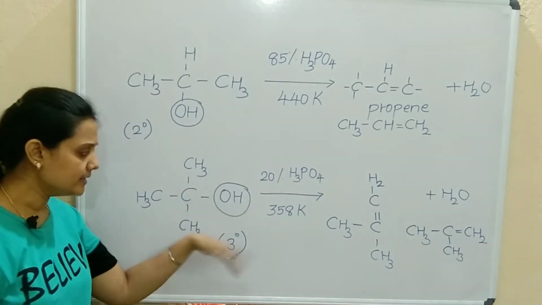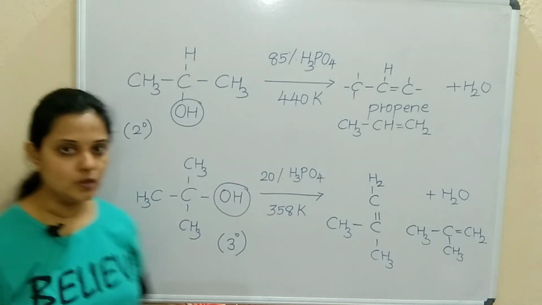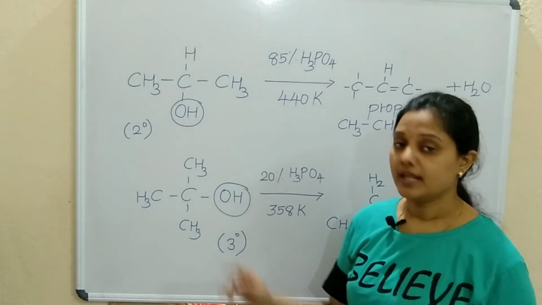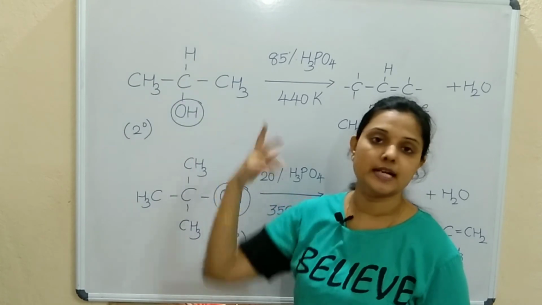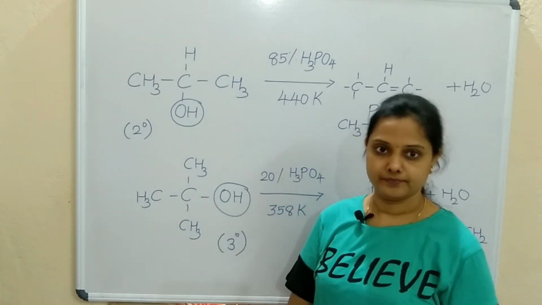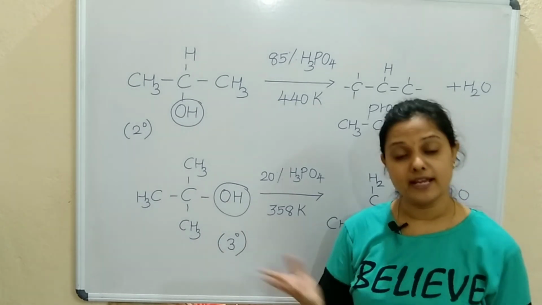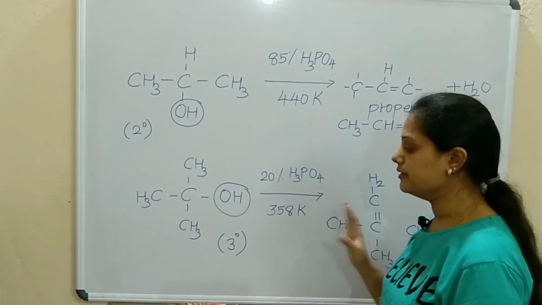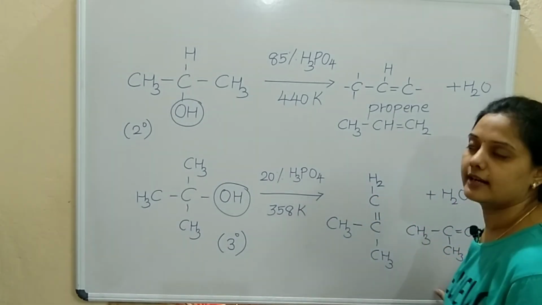So the OH group you remove. Remember, water has 2 parts, H plus and OH. So OH you remove and one of the hydrogens you take from the alkyl groups attached. Check for the valency of the carbon and put a double bond there. Anyway, the alkene product will be formed. Make a note of this reaction. This is not required, just for explanation. The main product you can write in this way.